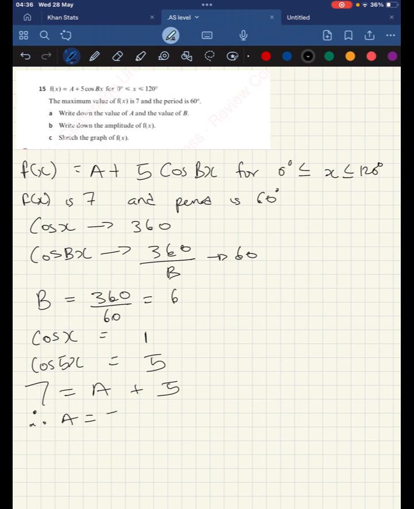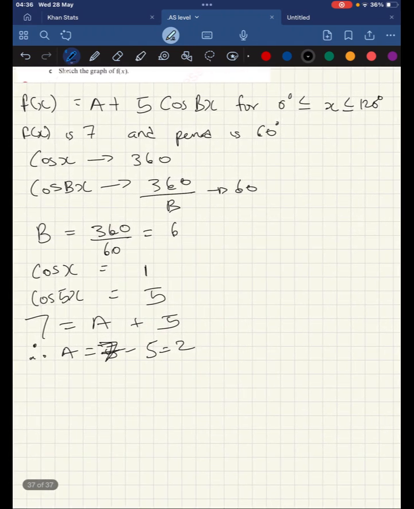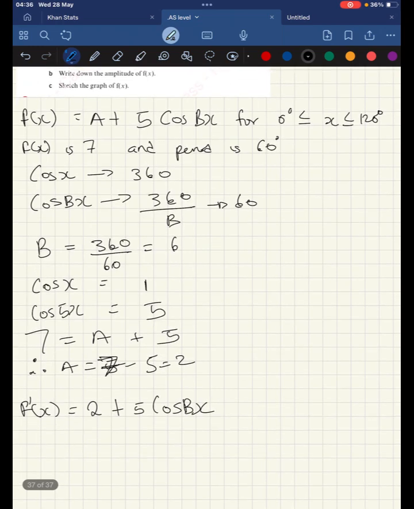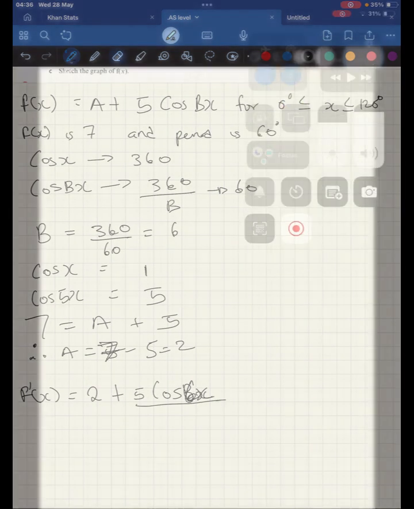Therefore, a is equal to 7 minus 5, which is 2, right? So now we have f(x) = 2 + 5 cos 6x, right? And now they want us to find the